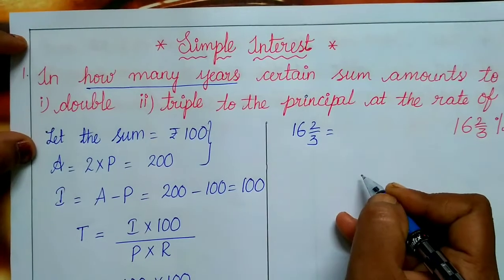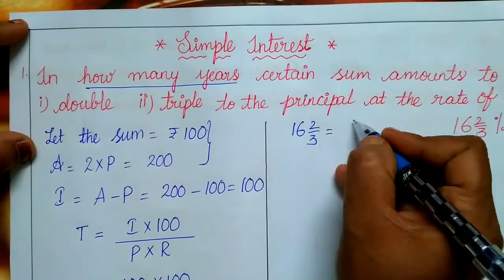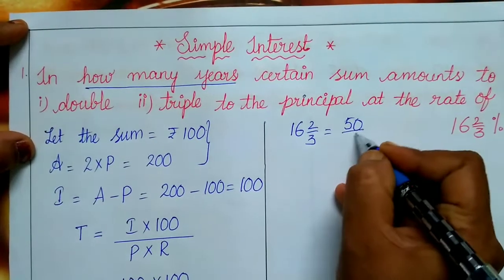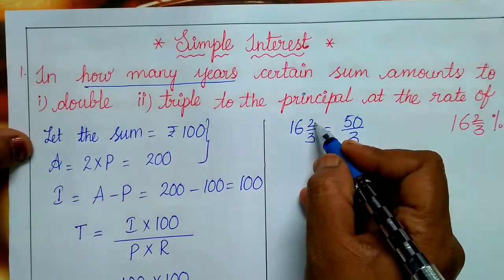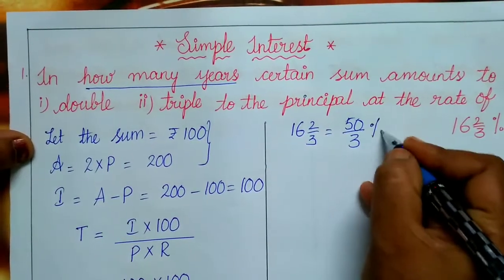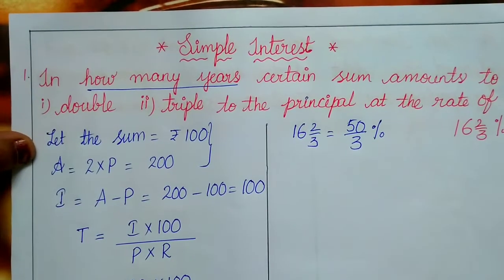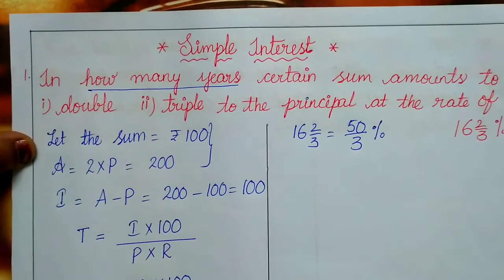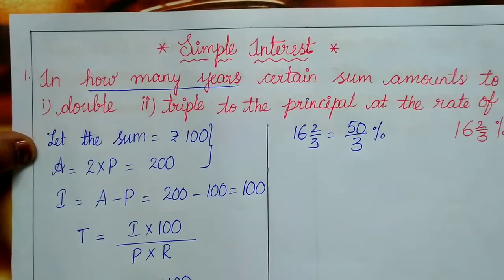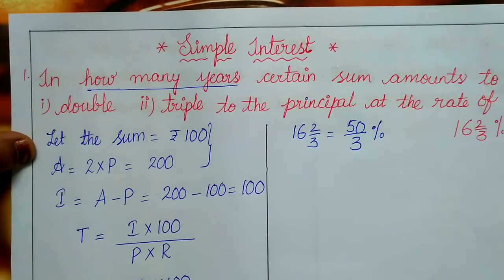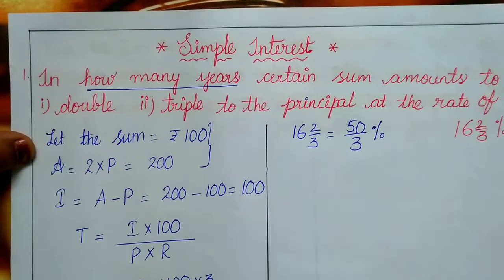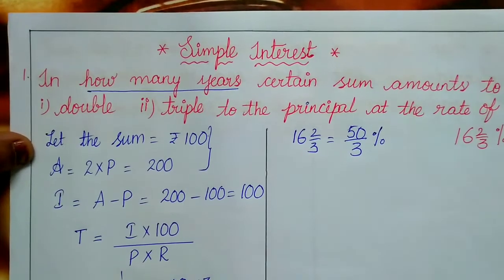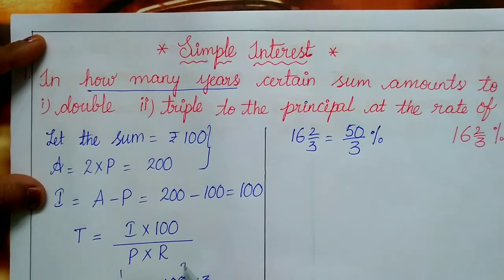If you write it as an improper fraction, 3 16s are 48, 48 plus 2 is 50. So I just change it to an improper fraction: 16 3s are 48, 48 plus 2 is 50, so 50/3%. Instead of the rate of interest, we can write 50/3. But the 3 is in the denominator of the 50, so the denominator inside the denominator will go to the numerator. That means the fraction will be inverted. So 100 ones are 100. Now this 50, 2 times cancels.